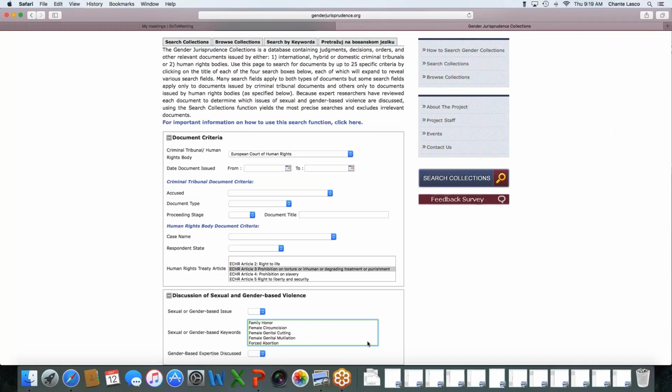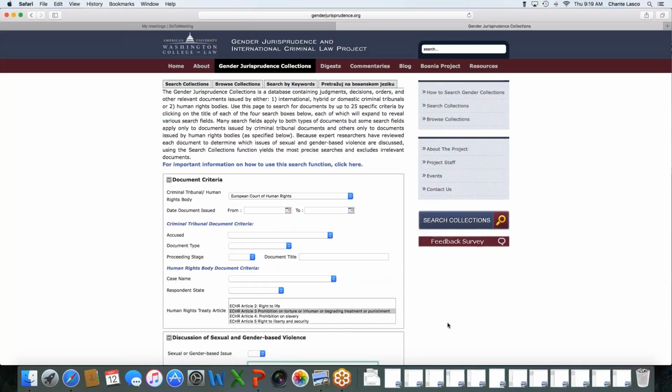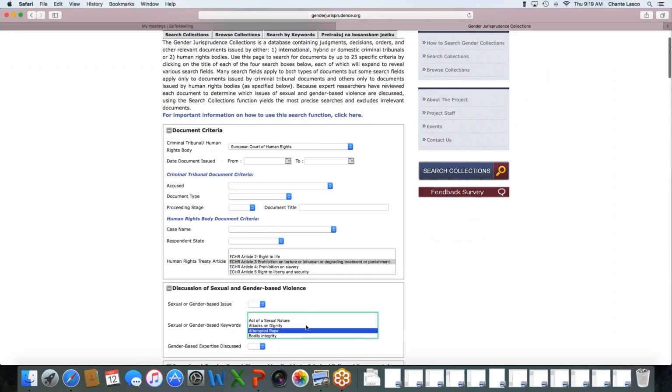Many of these keywords relate to the legal characterization of a crime, such as genocidal rape, or rape persecution. Many of these keywords relate to factual allegations present in some cases, such as bush wives or detention